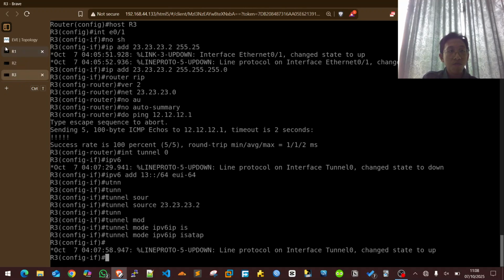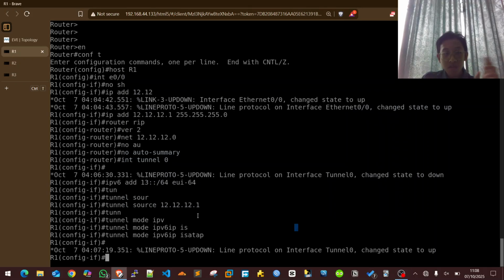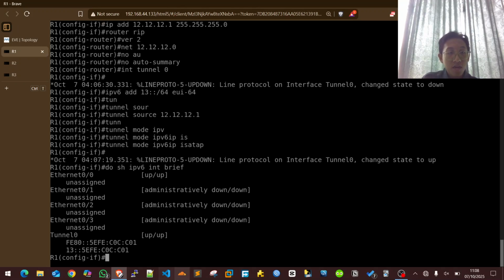And now if we want to try to ping, it's actually pretty simple. We just need to do show ipv6 interface brief, and then as you can see here, it has the IP of the first router on the tunnel.